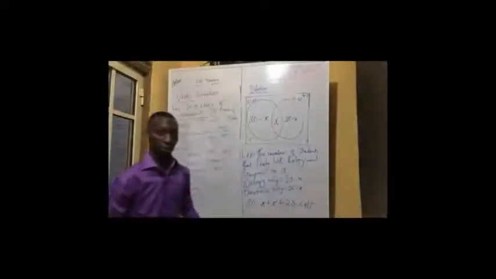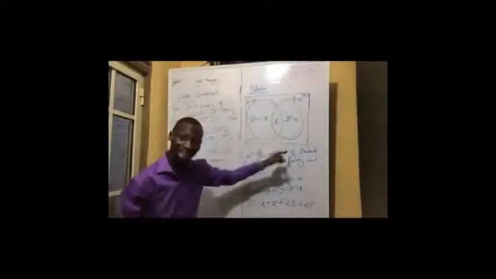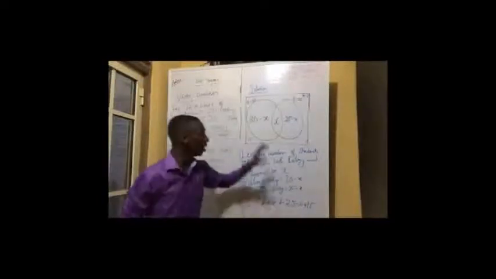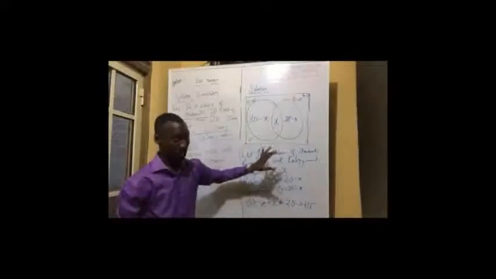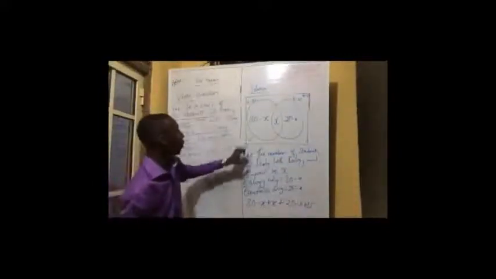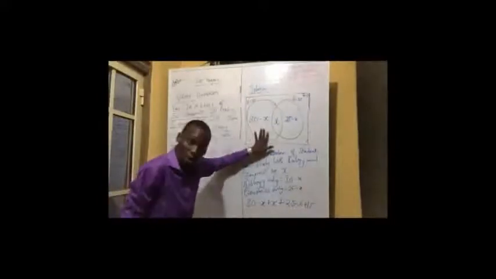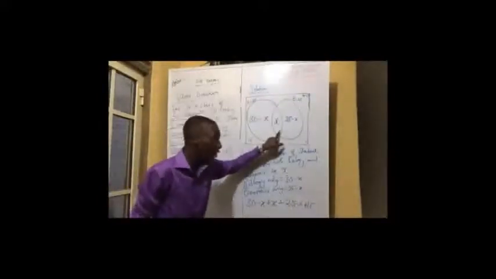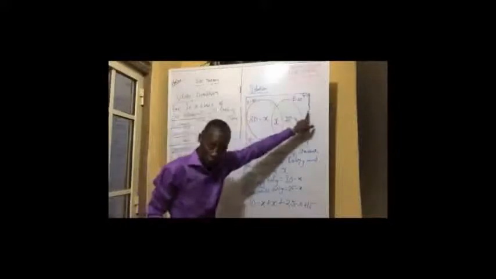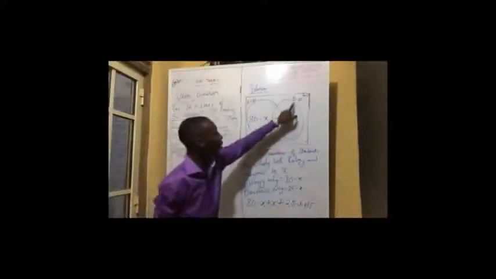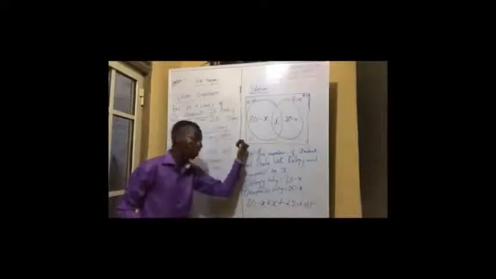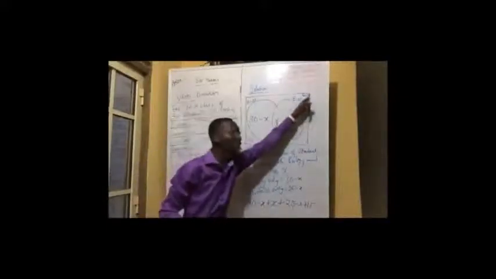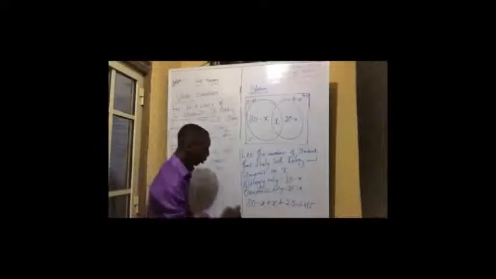50 students. If your answer is greater than 50 or less than 50, then everything you have done is not correct, simply because you are already told there are 50 students in that class. So when you sum the number of students that do only biology, the number that do both biology and economics, the number that do only economics, and the number that are not doing anything, it must sum up to 50 students.